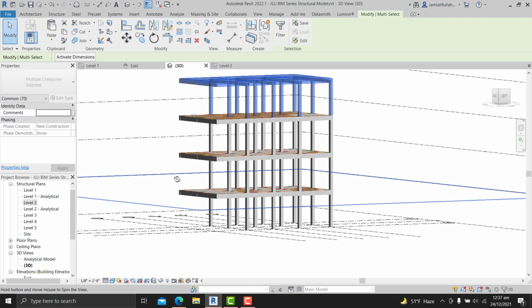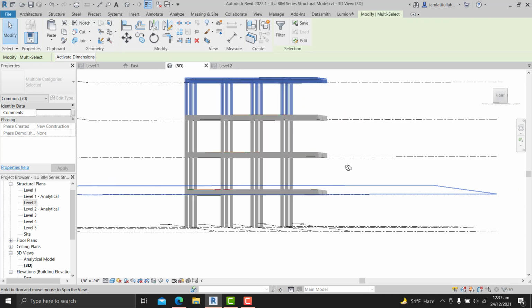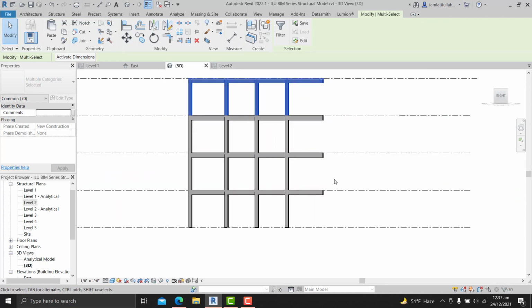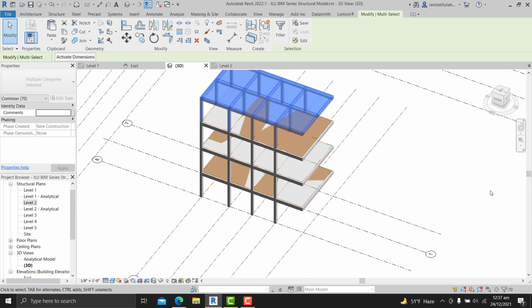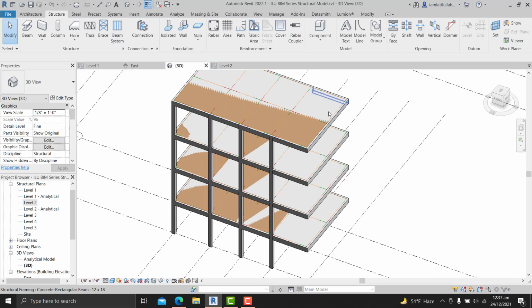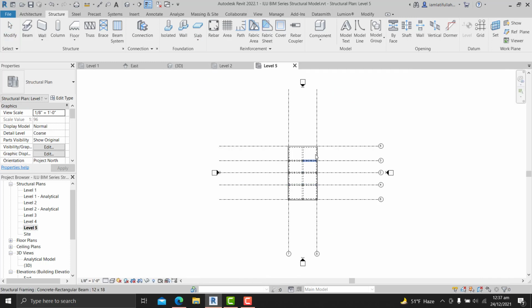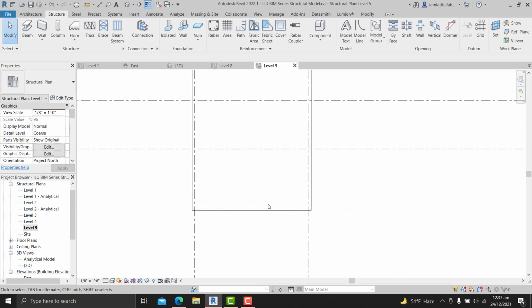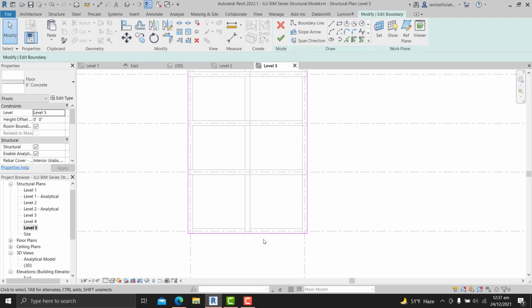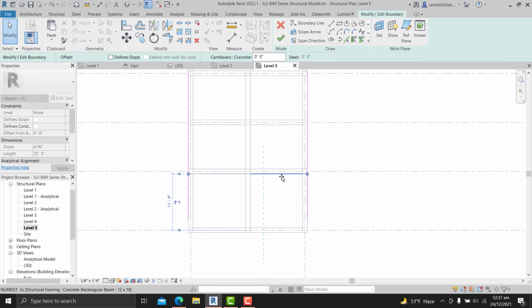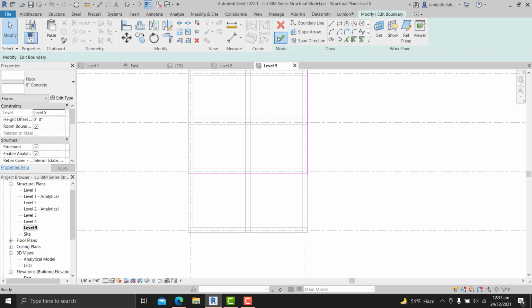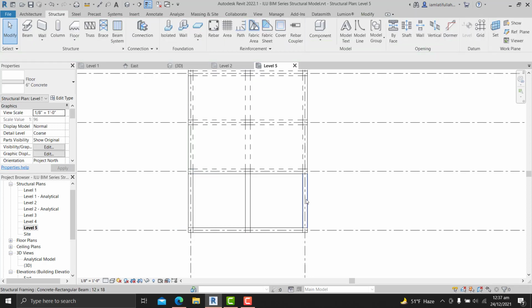And this is our beautiful model, and you see we have this portion as a cantilever portion. So to make it beautiful, I think I should delete this part from here. For that I can delete it from here too, or I can just go back to the level 5. I go back to the level 5. I see I want this portion to be deleted. So I first go to the floor, extend it till this grid, then finish the selection, and now I can